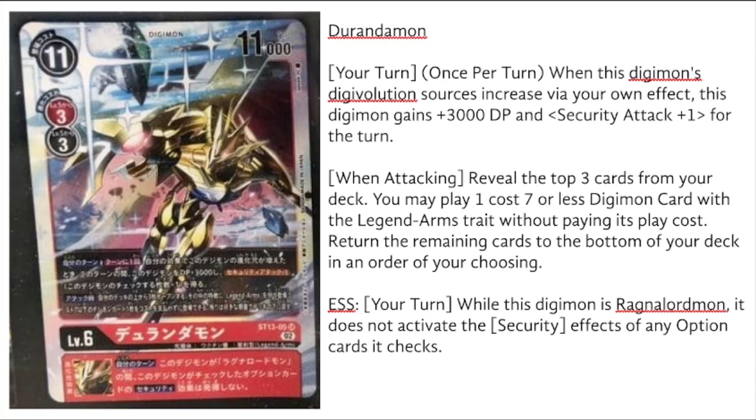And then on top of that, he has a nice inheritable skill, again, trying to support Ragnaloardmon, with his ability where during your turn, while this Digimon is a Ragnaloardmon, then it doesn't activate the security effects of any options that are checked. So we see this delicate plan type of effect being used more and more, just because there